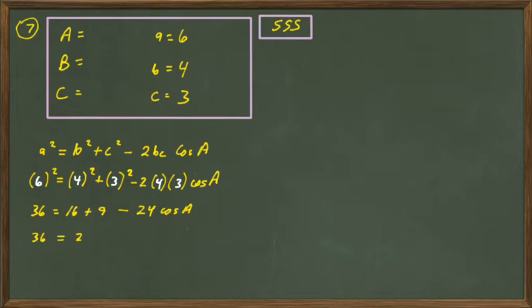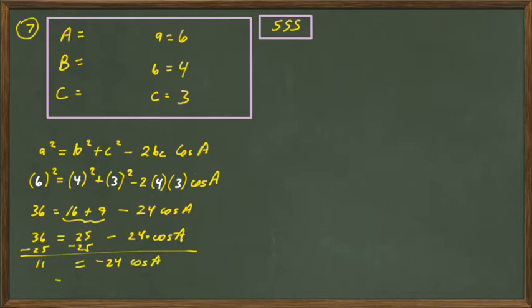You can add those, that's not a problem. But you can't combine it because this one has a multiplication. So you need to subtract the 25 over. I think that makes 11 equals negative 24 cosine of A. Divide by the negative 24 to get cosine of A. And so I got negative 11 divided by 24. So I take negative 11 divided by 24 and I get